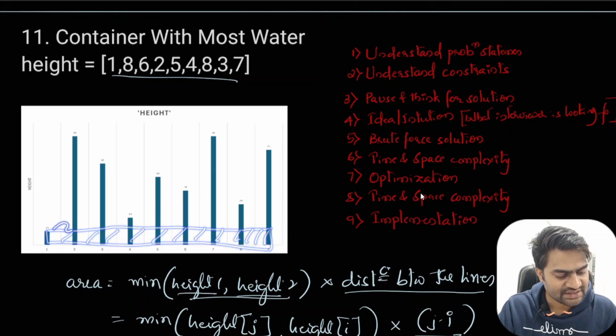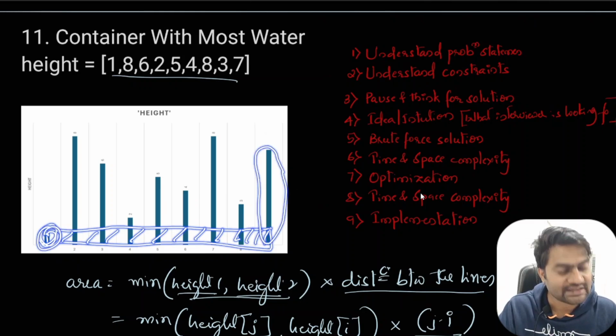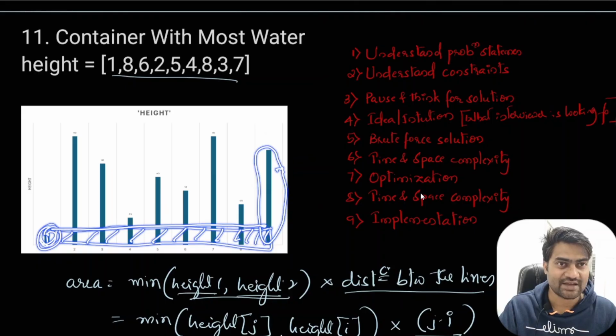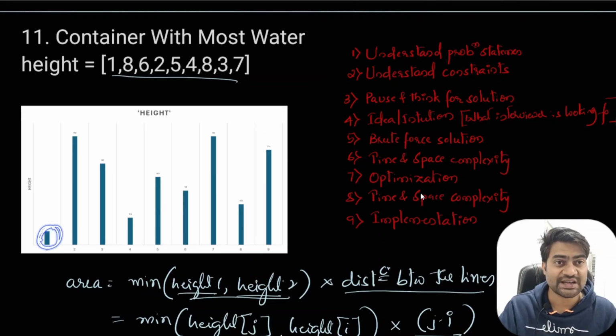So this is the minimum value. That's why we will take this minimum value out of this line and this line. Now we consider the distance between them and we try to find the area. Okay. Now if I consider this line only, now if I want to shrink the size of the array,